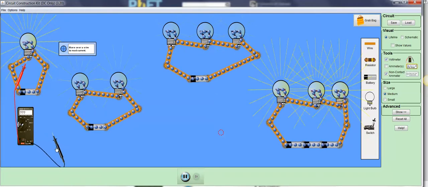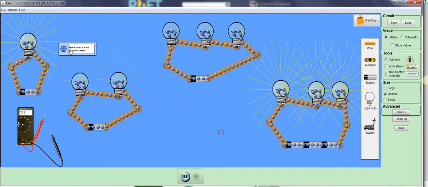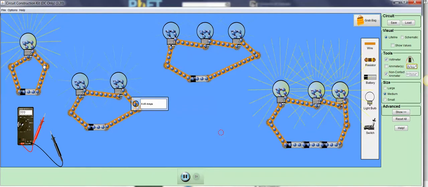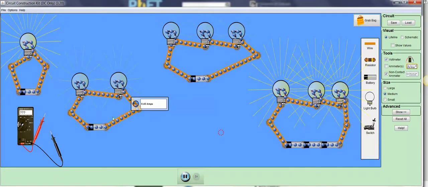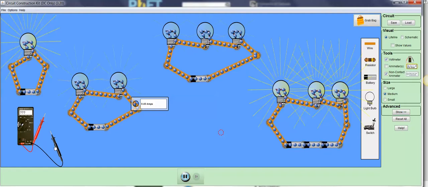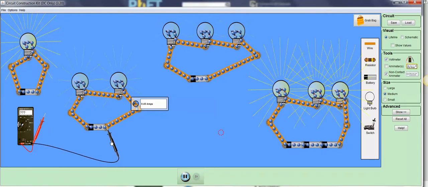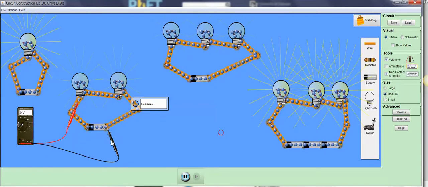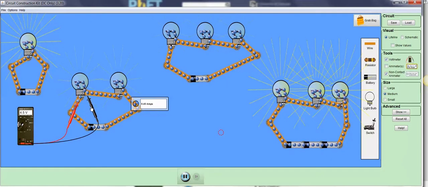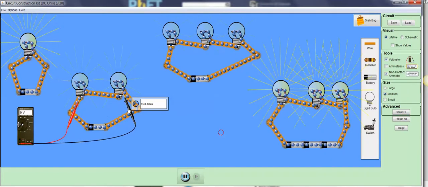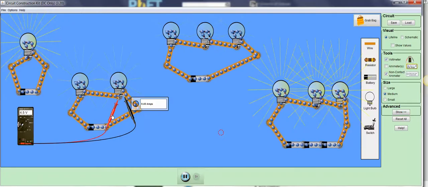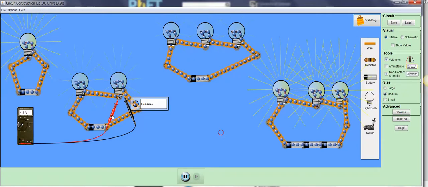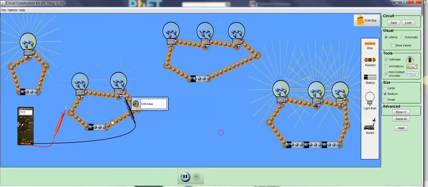As I increase the number of light bulbs, we should see a decrease in the rate of current flow. So they're moving somewhat fast here, they're moving very slow here. We see the bulbs dim. Our battery hasn't changed. We have 9 volts across the battery. But now, if I'm very careful about measuring across the bulbs, I have 4.5 volts across the first bulb, 4.5 volts across the second bulb,